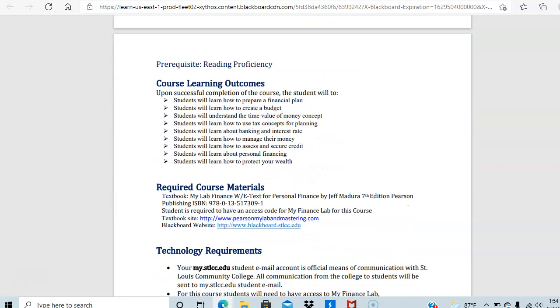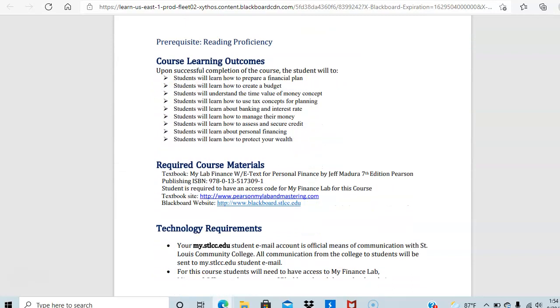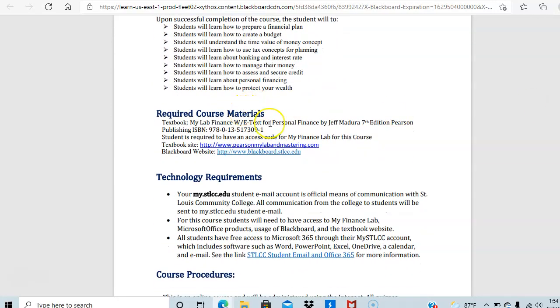You can read about the course learning outcomes for the class, and the required textbook. So our required textbook is Personal Finance by Jeff Madura. It is the 7th edition, and you must also have access to My Finance Lab.